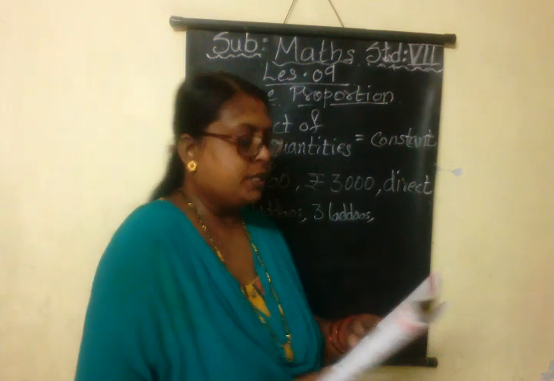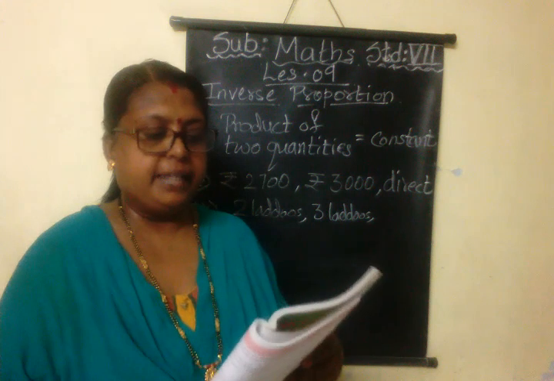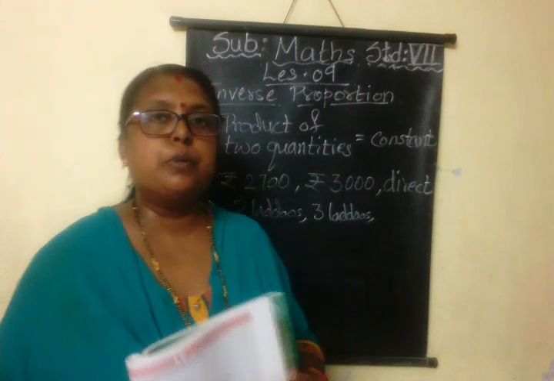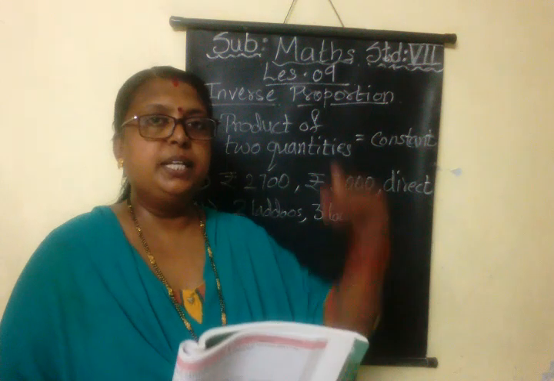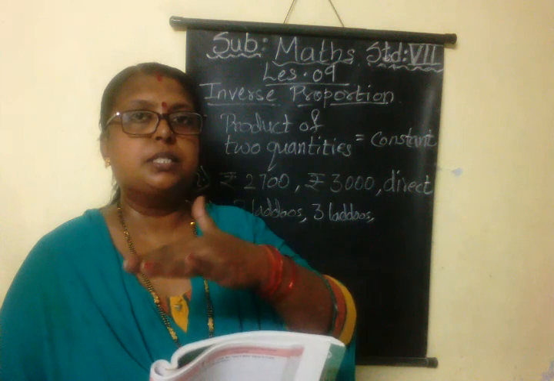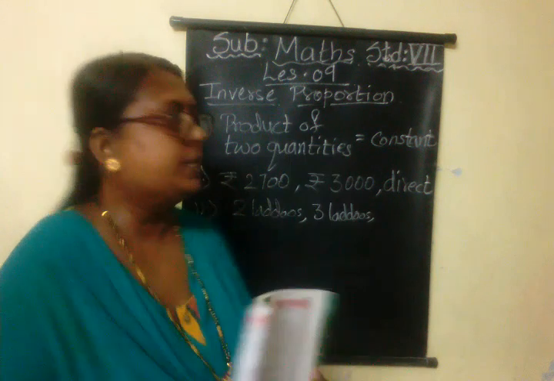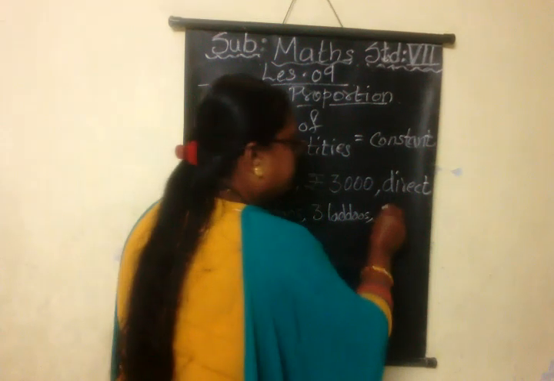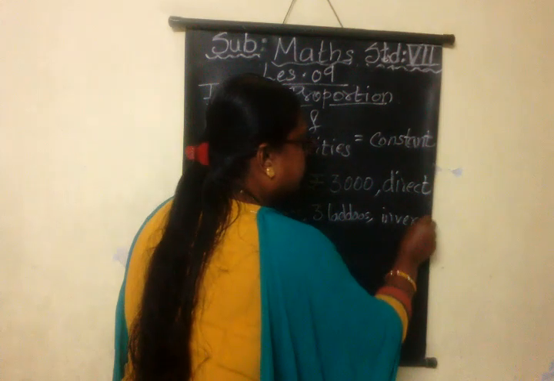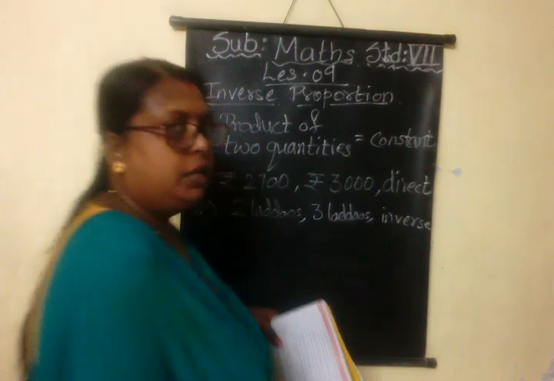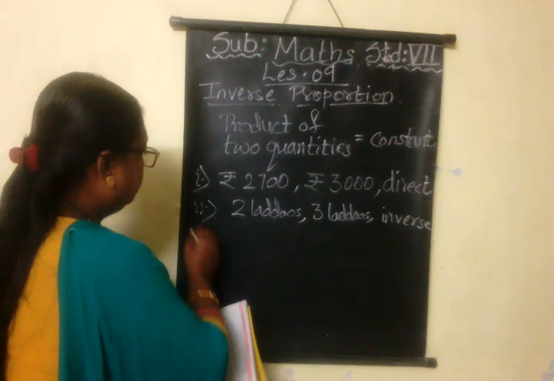Then the number of students and that of laddus each one gets are in dash proportion. It is in which proportion? When students increase, the number of laddus decreases. When students decrease, the number of laddus increases. So it is an example of inverse proportion. Which proportion? Inverse proportion. See the third one now.